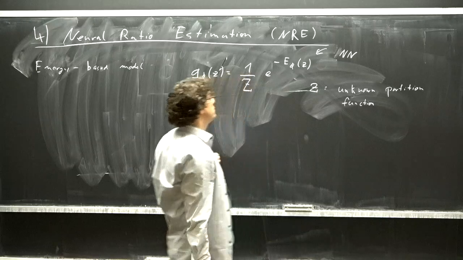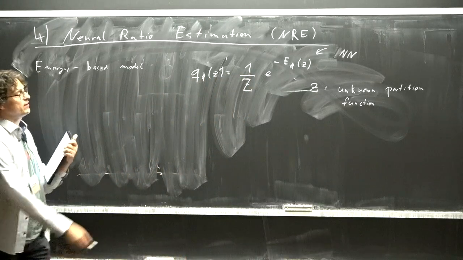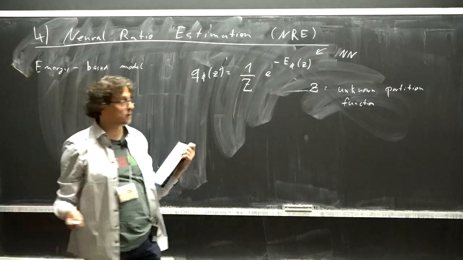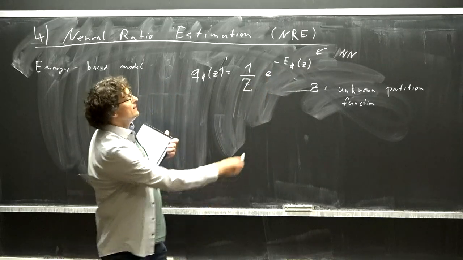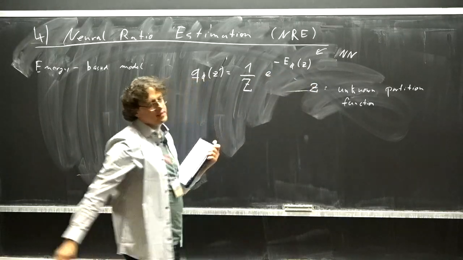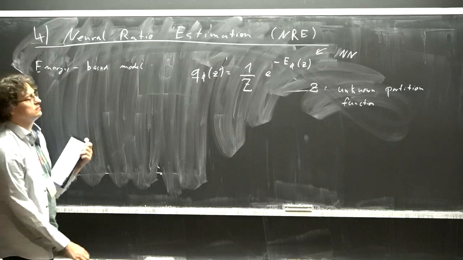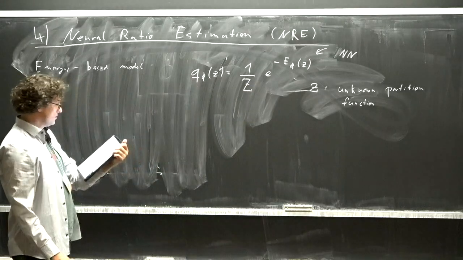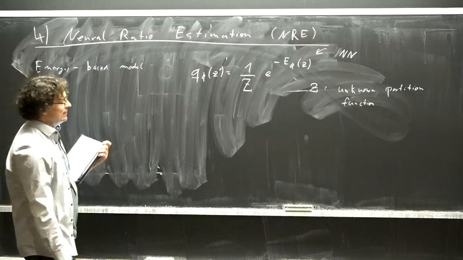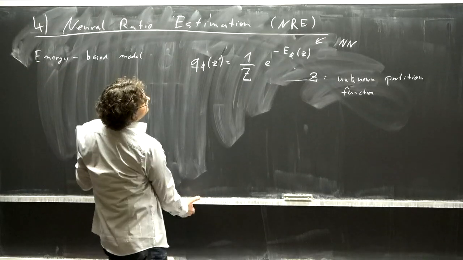So what you see here is if you parameterize a neural net, or density function, in this way, it's automatically non-negative, right? Because we have e to the power minus something. At the same time, E can now be any network. So it can be just a multi-layer perceptron. So it's quite general. But what we need is an algorithm now that can deal with the fact that we don't have the normalization.